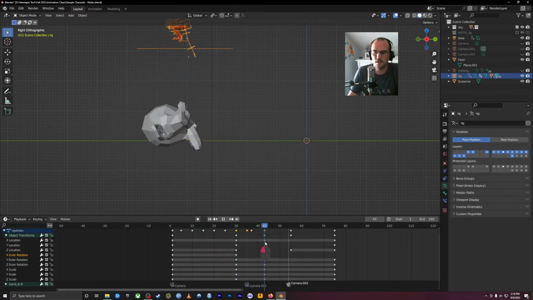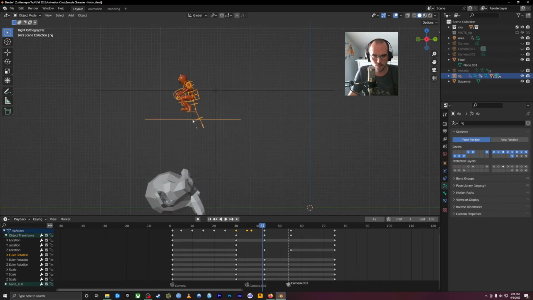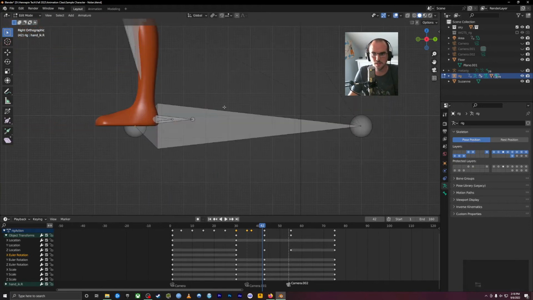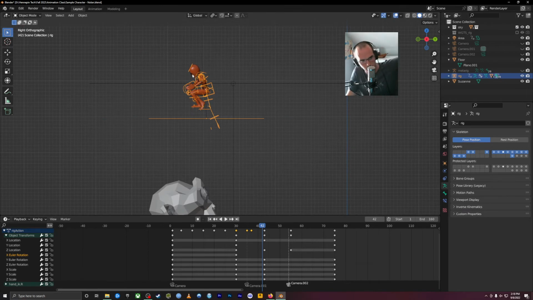There we go. By doing this, it's just going to make it a little easier to track the up and down movement, because when you rotate an object, it rotates around its origin point. Remember, the origin point here is this little yellow dot, maybe you can see it, which is at the base here. So if things are up in the air, it's going to be whipping around in a circle. So we want to keep the model pretty even,